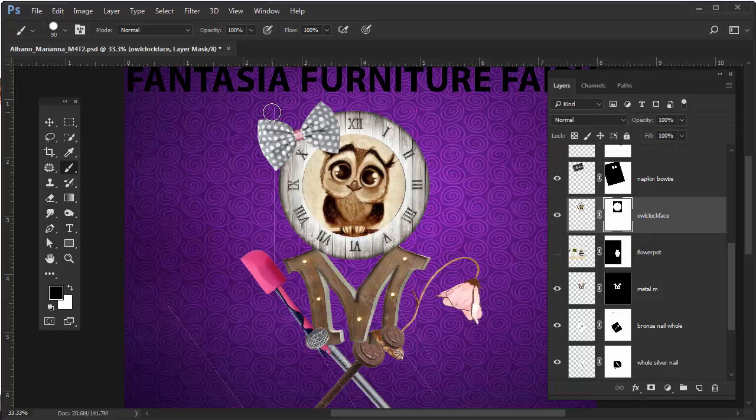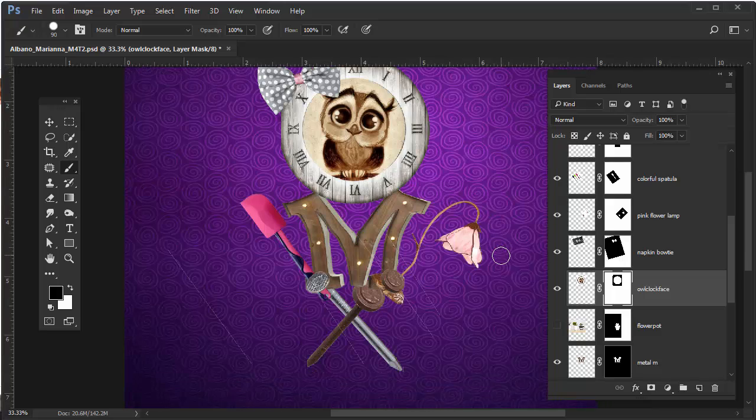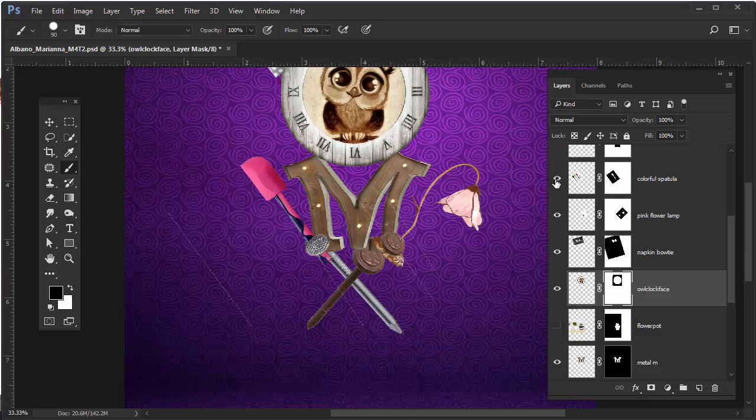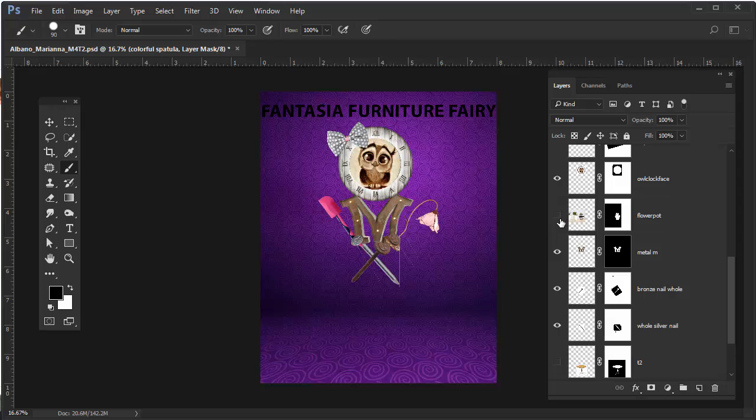So if I click here and shift click, I'm masking out that line. You don't want those lines. So now we have all these lines down here. Here's another white line, colorful spatula. So if I select that layer mask, I click and shift click. So you get the idea, okay? So let's show everything and